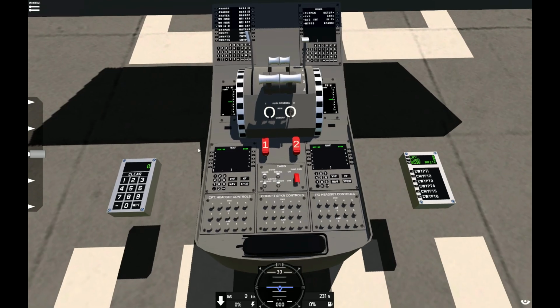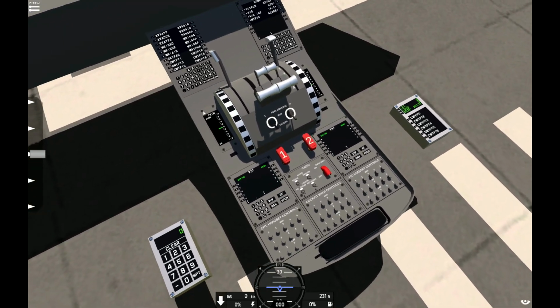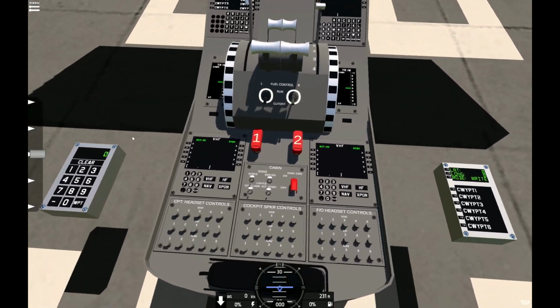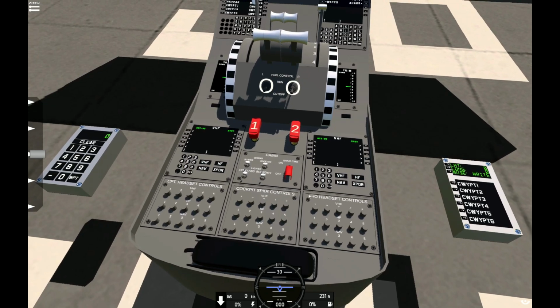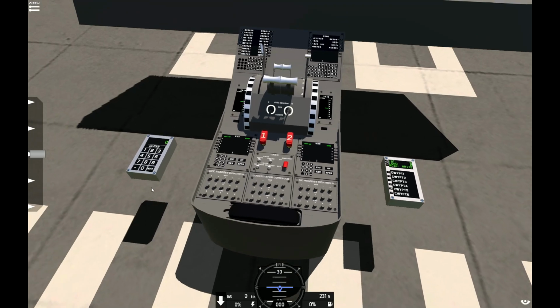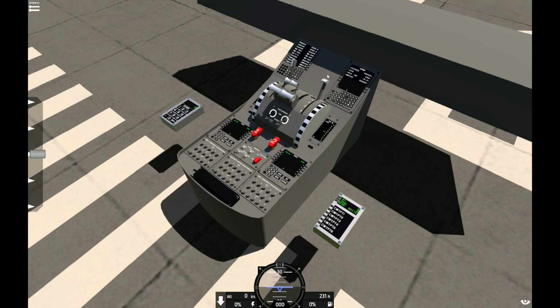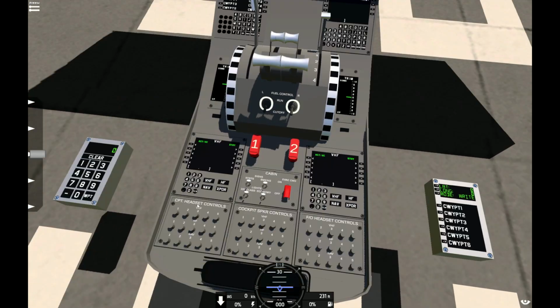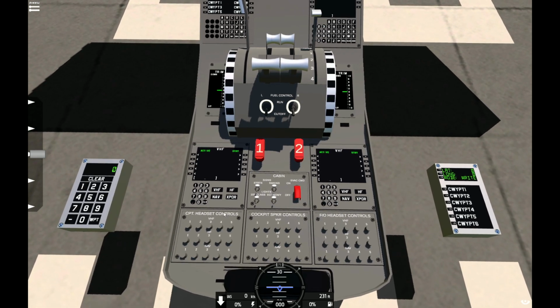So since that video, I've added this trim indicator here, and I've also added all of the radio controls, as well as rearranging the cabin controls. It's not done yet, like I haven't even touched the FMC since my last video, but at least I've done something. So basically, from the RMC there's all of these different frequencies,